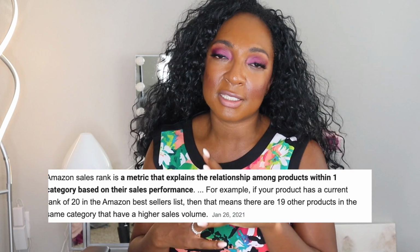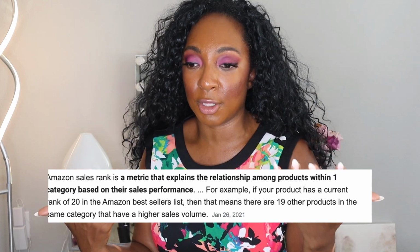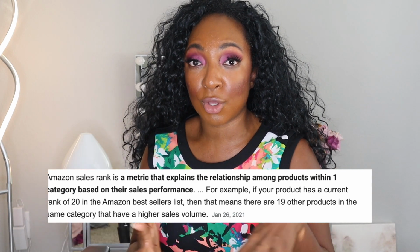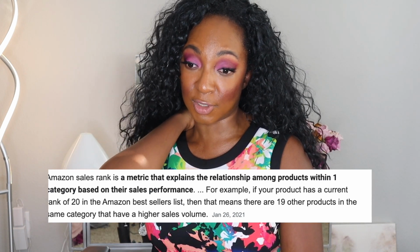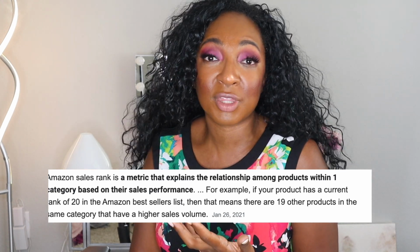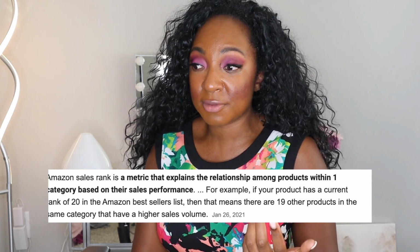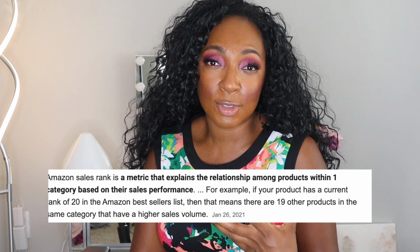So that's why I'm saying the sales rank, like of what's selling very well, can change depending on the category. Those larger categories, so think books, beauty products, toys, that have those lower sales ranks, they're selling a lot. I sell a lot of beauty. So if I see anything with like 100,000 in beauty, I'm like, wow, that's a really good sales rank to me. Or if I see something with 50,000,